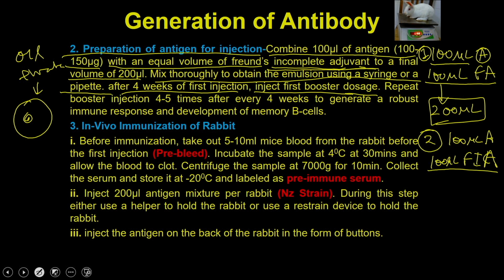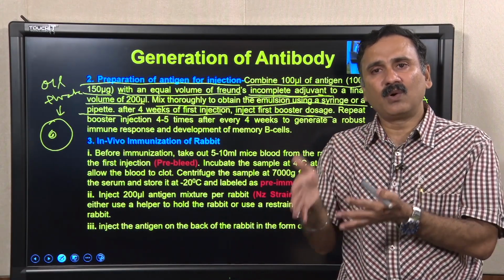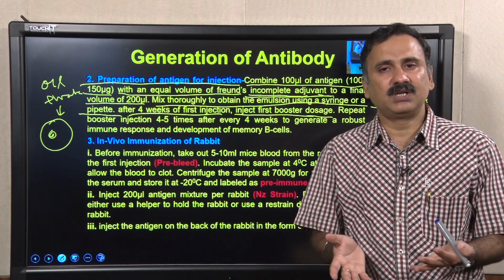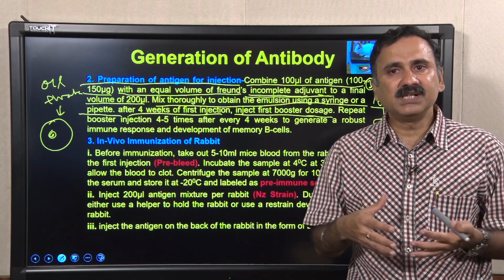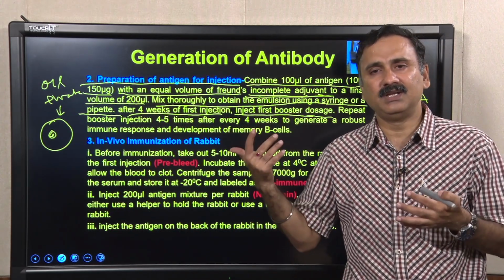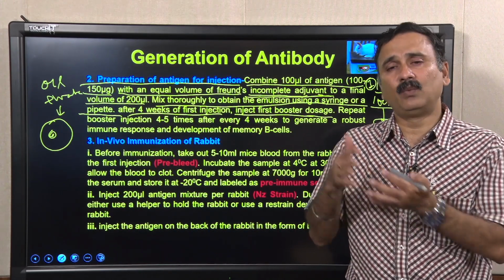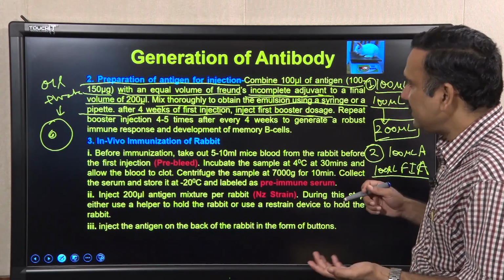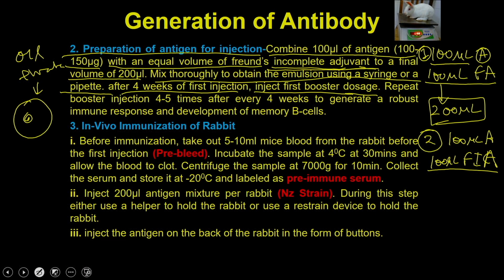What is meant by Freund's incomplete adjuvant is that it does not contain the Mycobacterium tuberculosis, because after 4 weeks the machinery is already in an activated state, and the site of your antigen injections already has a lot of cellular machinery. So, now you replace the Mycobacterium antigen and inject your own antigens, against which the immune response is now going to be developed. As a result, in the secondary injections the antibodies are going to be developed against your own antigen.